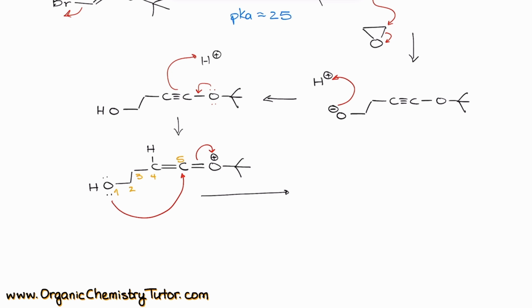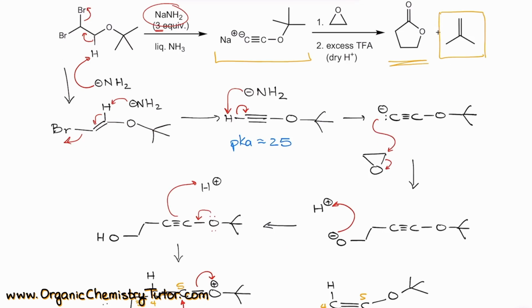We will have a 5-membered ring with an oxygen, so I'm going to redraw my carbon-carbon with the hydrogen over here. Then I'm going to bend my chain around, make a new bond with my carbon. I have the oxygen with the tert-butyl group still here. I have the hydrogen still attached to my oxygen. So I have my carbons 1, 2, 3, 4, and 5 still where they need to be. Then I have plus on my oxygen like so. From this point, we need to deprotonate our oxygen. So I'm going to potentially use the solvent that we have over here. Did we see any solvent? Well, it doesn't look like we have any solvent. So what I'm going to be